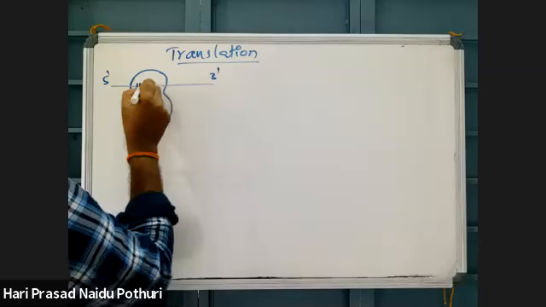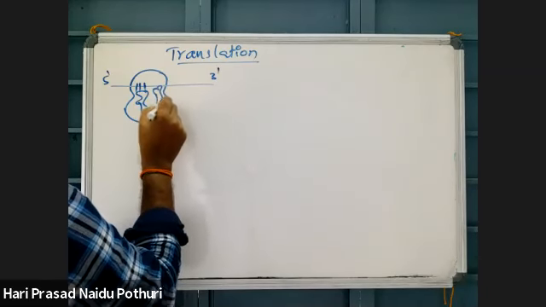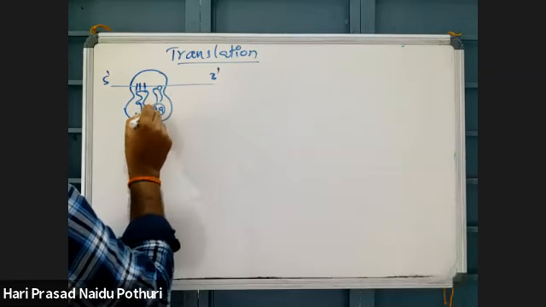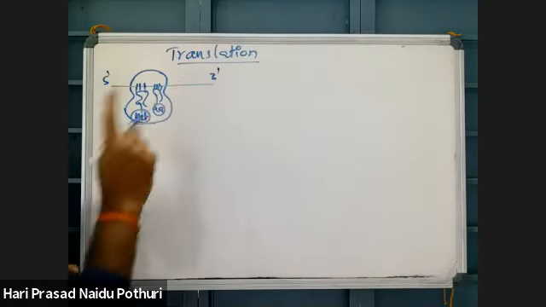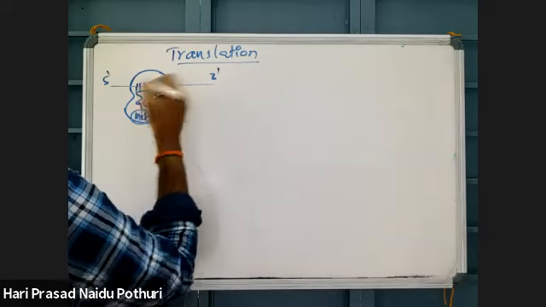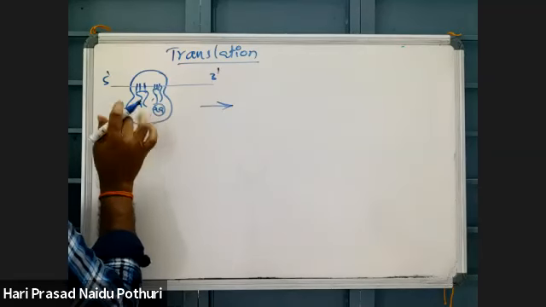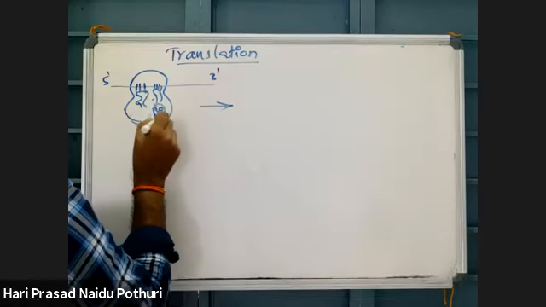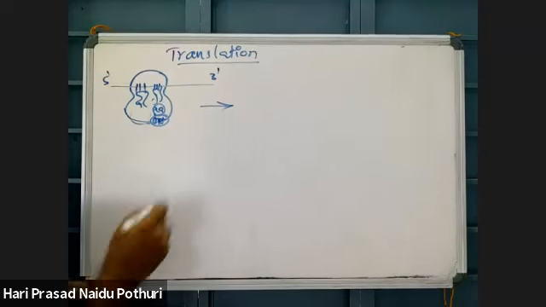Here, tRNA molecule will be bringing one amino acid. That is what we call delivery of charged tRNA. That is the first step, facilitated by energy. The next step is peptide bond formation. The amino acid present here will be bound to this amino acid by forming a peptide bond. That is the second step.